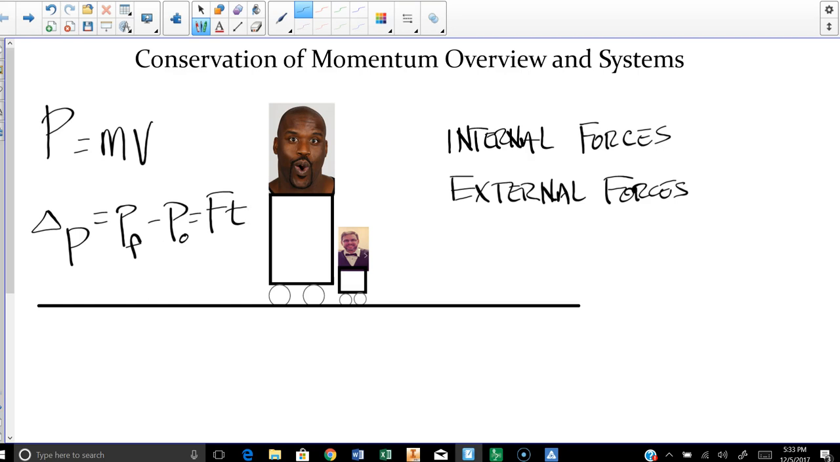What we're concerned about now is we're going to start looking at situations where objects interact, where there's collisions, where a single object, say for example, explodes into multiple pieces, or in the case as you see before you here, when two objects, me and